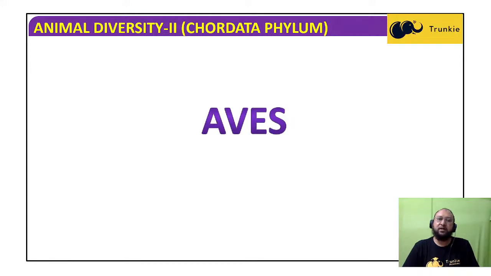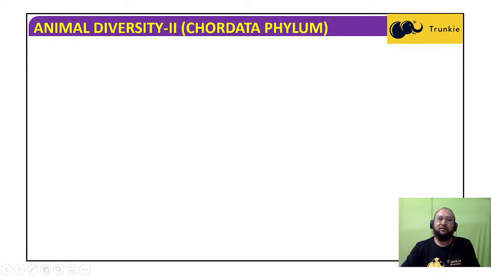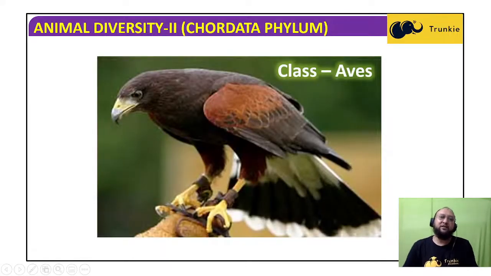After that, the next higher group of organisms is the amphibians. Amphibians are the animals that can live in water as well as on land, because they are adapted to live in both terrestrial and aquatic modes of life. After that, reptilians evolved, and reptilians are the true vertebrates, and they evolved on land. Now after reptilia, we have another class, that is class Aves. Class Aves includes all the birds.